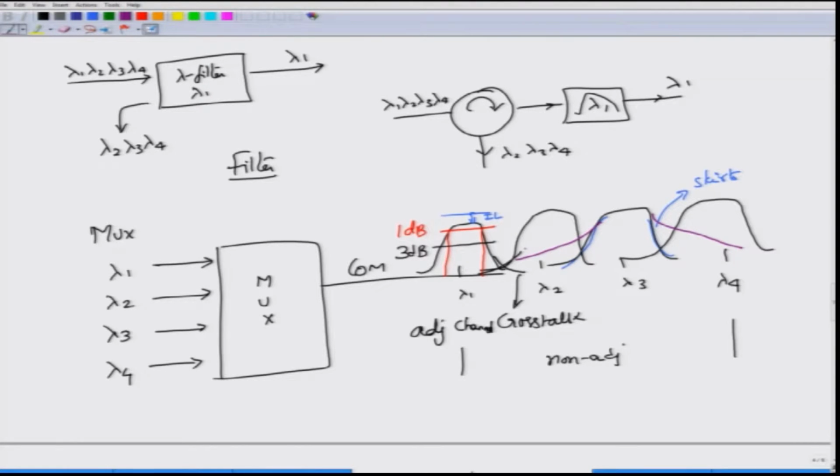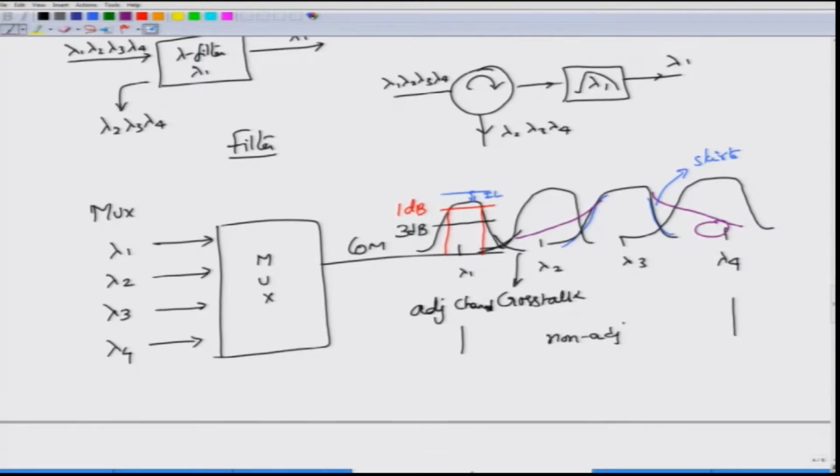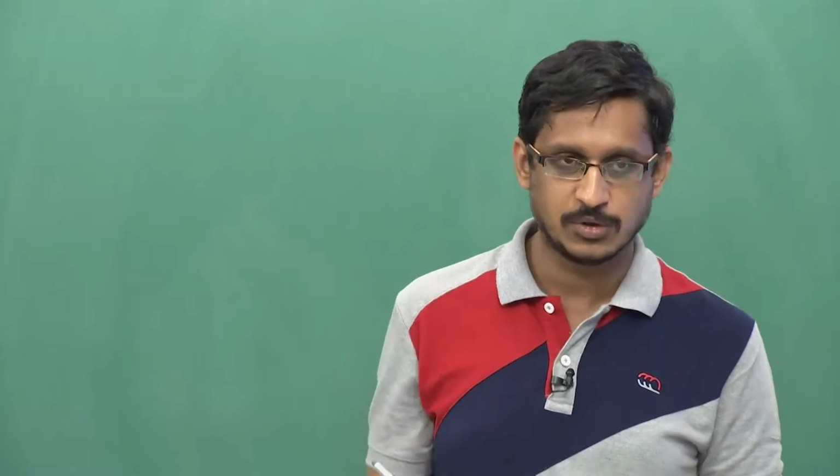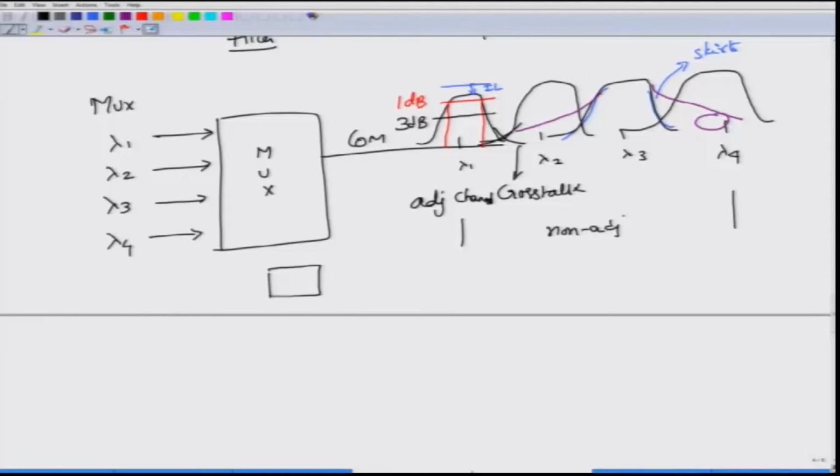This is bad for me because it means that there is a significant amount of crosstalk into the neighboring channels. The goal of multiplexers would be to try and make this passband skirt, in fact for the filters also, to make the passband skirts as narrow as possible. One other problem that actually occurs with filters is that if I consider the same wavelength filter but I cascade